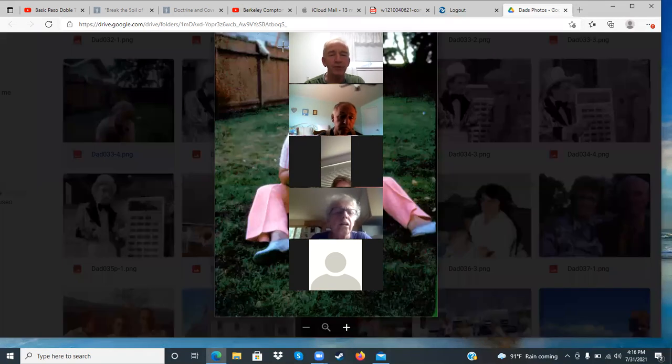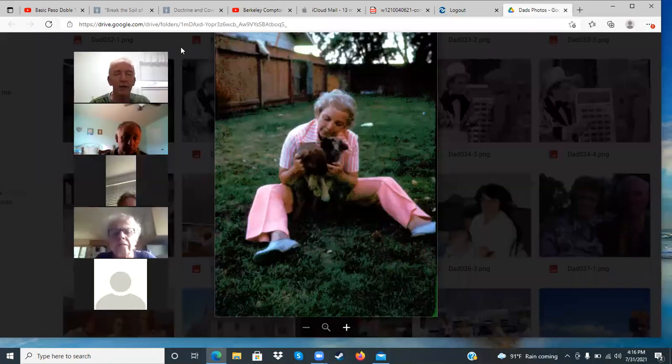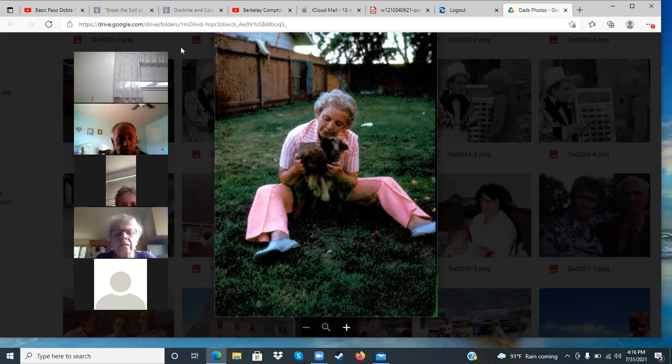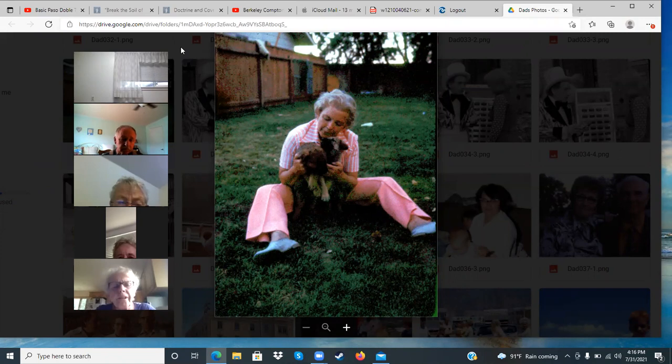I'm going to put this picture up and I'm going to step away for a second. I've got to go get my charge cord for my laptop. Okay, so go ahead, talk about it. Looks like Mother. She's holding a lamb, isn't she? Is that a lamb? The puppy probably. I think it's George's puppies, if it's Las Vegas. Is it a dog or a lamb? I think it's a dog. I don't think it matters.